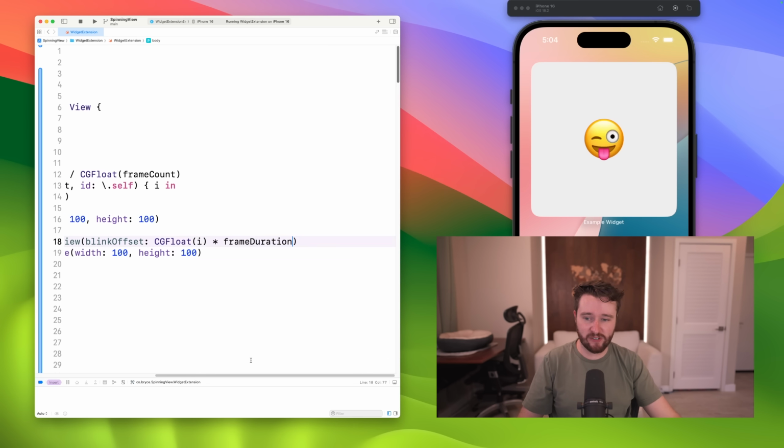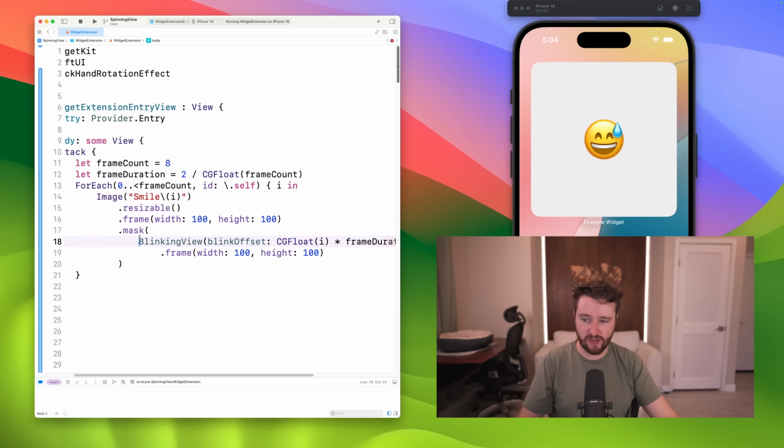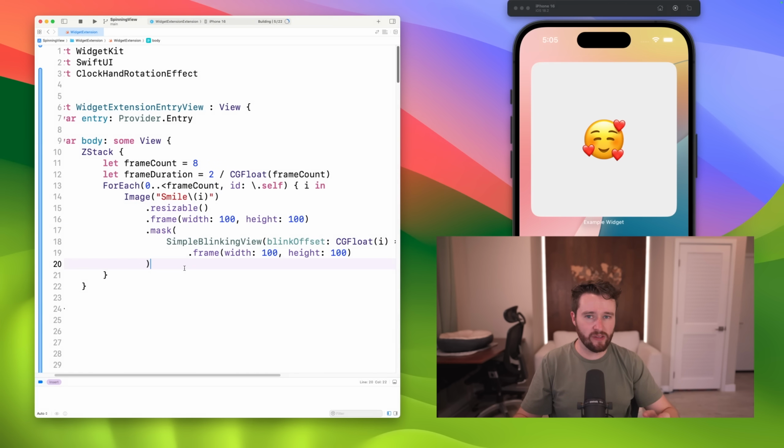So instead of passing in a duration here, let's actually switch back to using our simple blinking view, where each frame is going to be visible for an entire second. Let's take a look at how that looks first. Okay, so we can see what we meant with transparent backgrounds here. Using this strategy, obviously you can continue to see the frames behind whatever the latest frame is, but we can